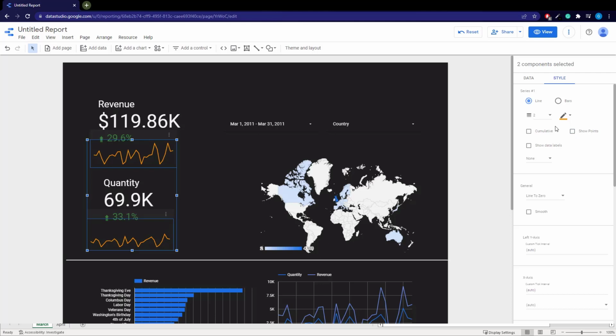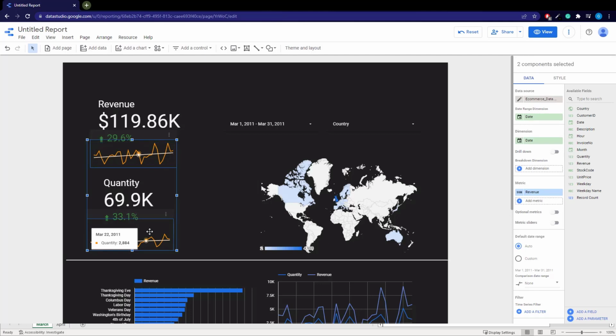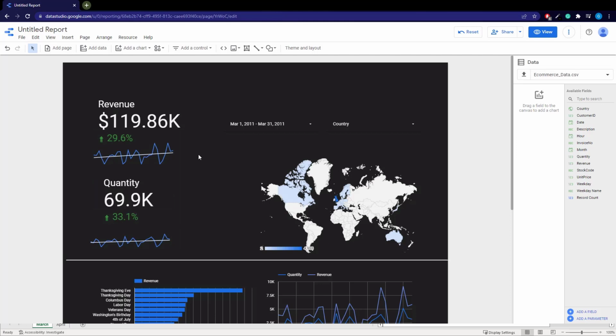So I am going to add a trend line by going here, and under this you can add a trend line and you can choose what type of trend line. And I'm just going to use mine. And I actually want to go back and change my colors back to our original because I think it doesn't look very good. Now the next thing I want to do is add a title, and we can do that